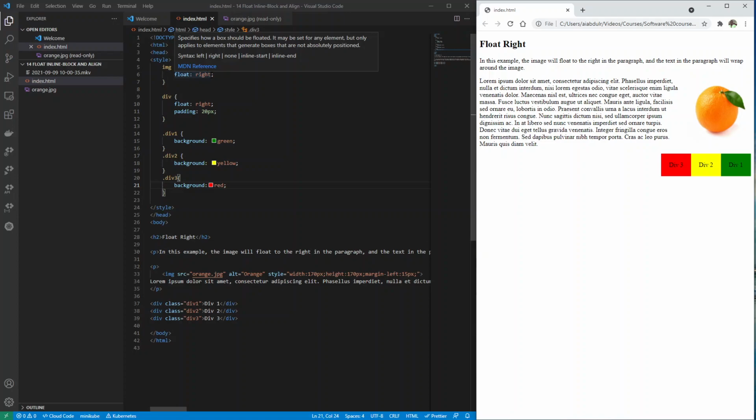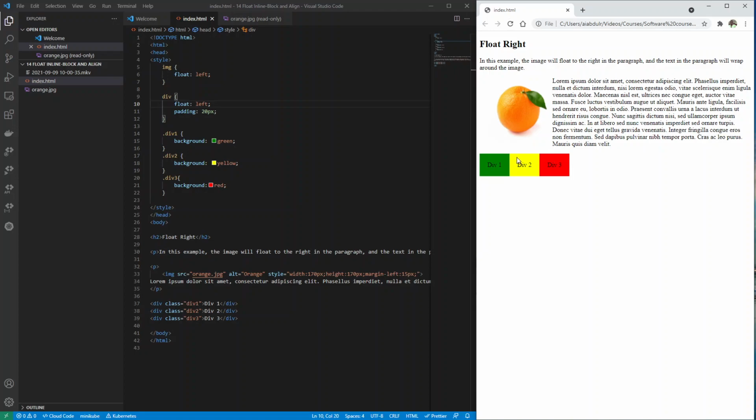So then if I float this div to the left again and refresh this, you can see it floating to the left. Okay,